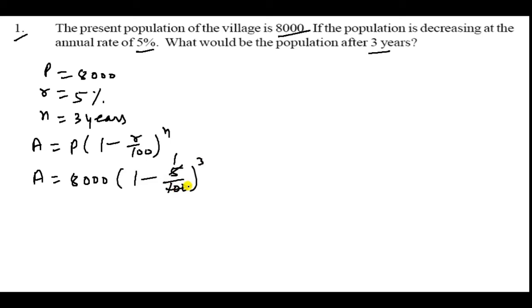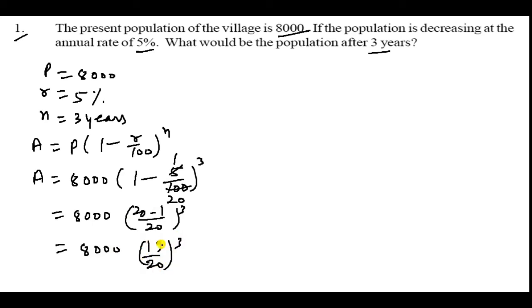Principal is given as 8,000 and the rate of interest is 5%, and it decreases. Now the time period is 3 years. For decreasing, the amount will be equal to the principal times 1 minus R upon 100, and whole power is N. Now put the values: 8,000, and here 1 minus R is 5 upon 100, and whole power is